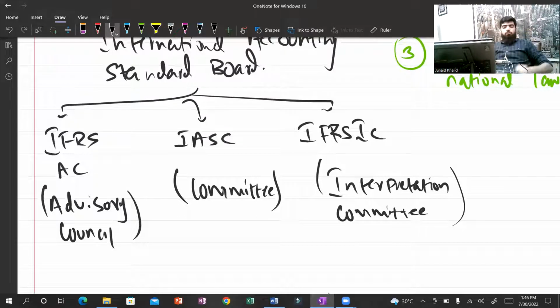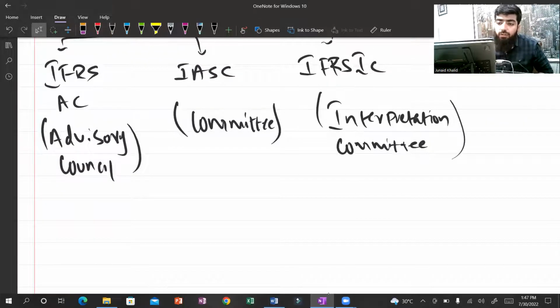Interpretation Committee. So these are the further departments of IASB, that is International Accounting Standard Board, and each department has its own task, that is its own job description. If I ask about the IFRS Advisory Council, what is the task, what is the objective, what is the core agenda of this department? The basic objective of the Advisory Council is to highlight issues, that is the difficulties or the problems,